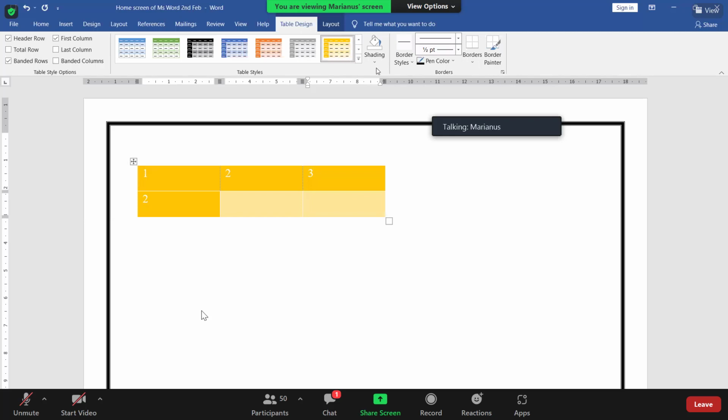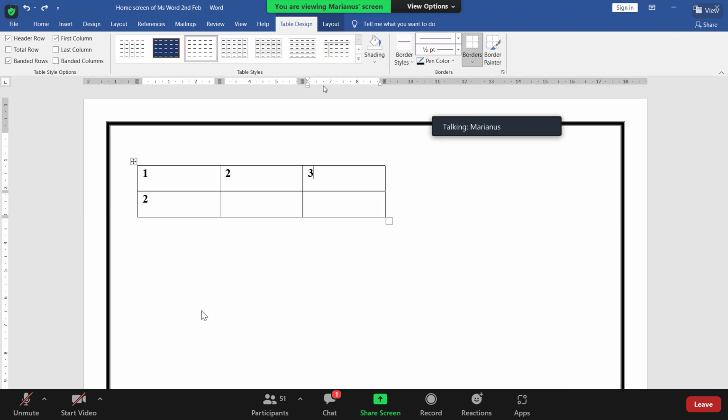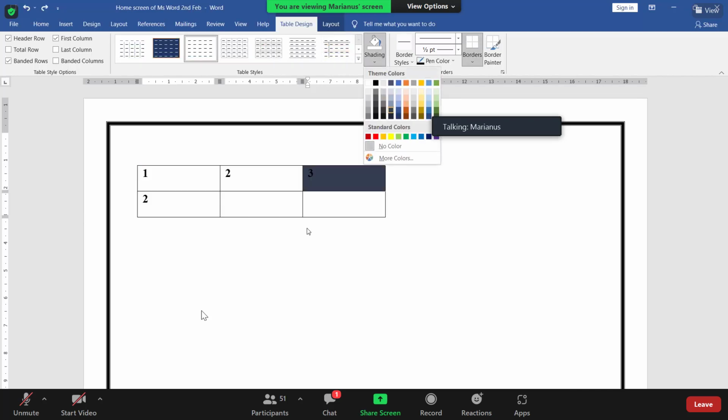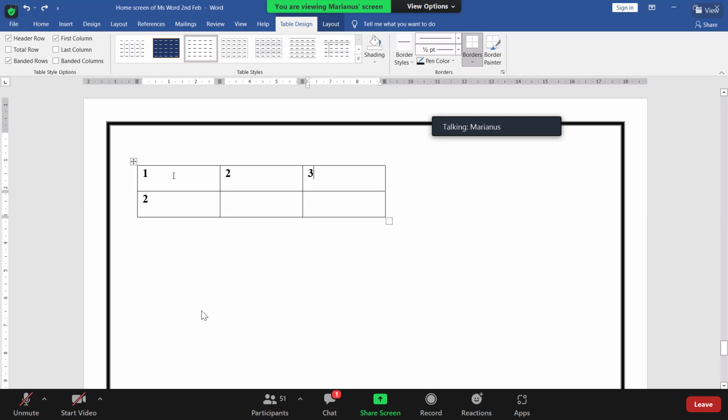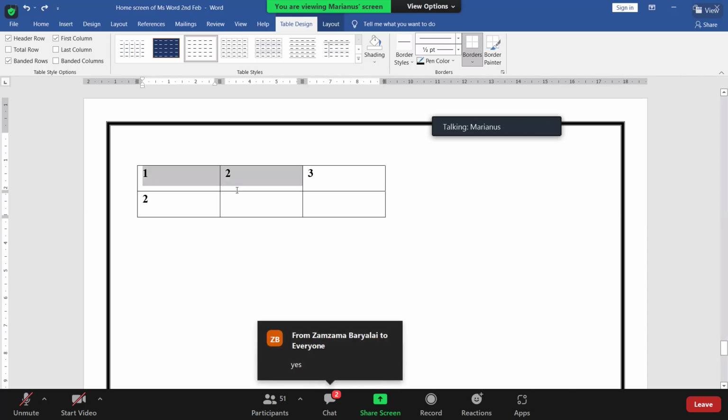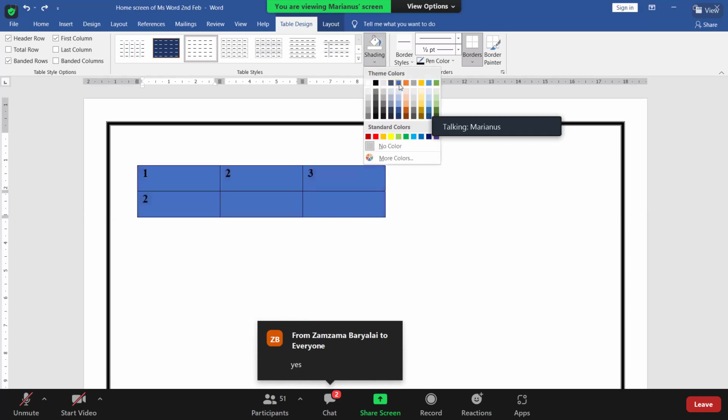All right. Then if you want to apply color, let me take, suppose I want to apply different colors in each cell. What do we want? We want to apply different colors in each cell, right? Yes or not? Yes, sir. So if you want to apply only a single color, we just select all of this, then we click this setting, and we select the color that we want to apply.